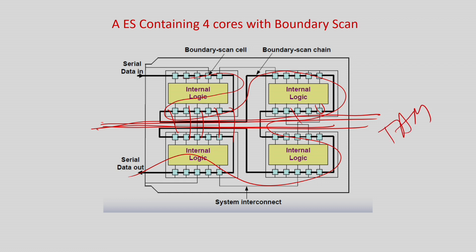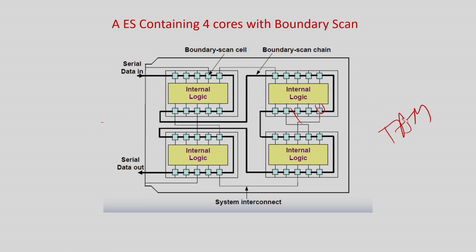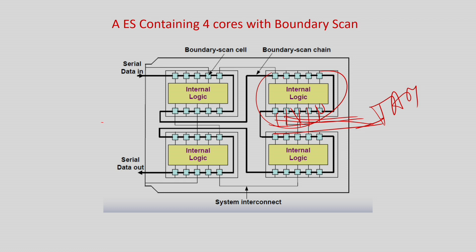Maybe these 2 chips are not very important. I am thinking about these chips, so 1, 2, 3, 4, 5. I can connect these lines, and this will be the TAM for this logic. So I can have a direct parallel access to this, and it will be faster to apply the test pattern. Simple logic. TAM means how you can access it, and the more weightage you put on the overhead, meaning the more TAM resources we put in, the lower the test time. That is the idea of a TAM.